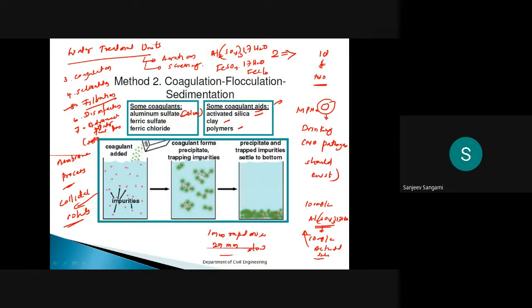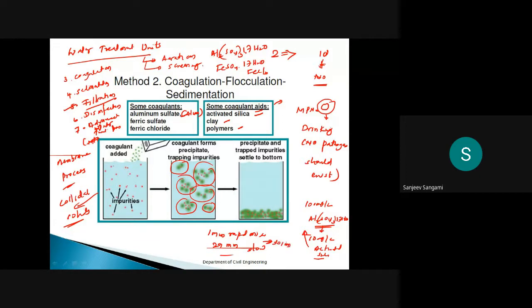During this process, whatever particles are here will come close together. You can see one group formation here, another here, and another here. This action is going to happen till 30 minutes.